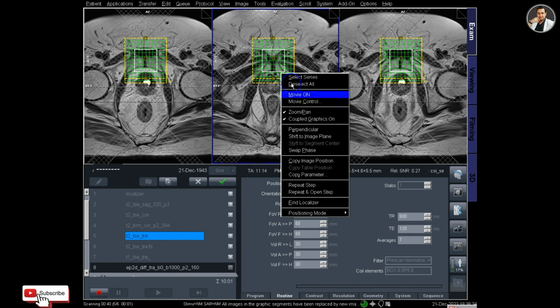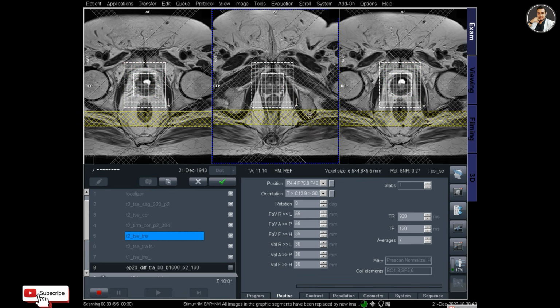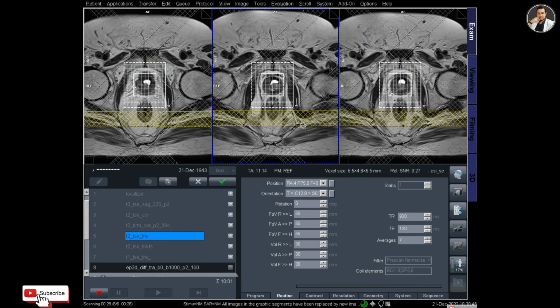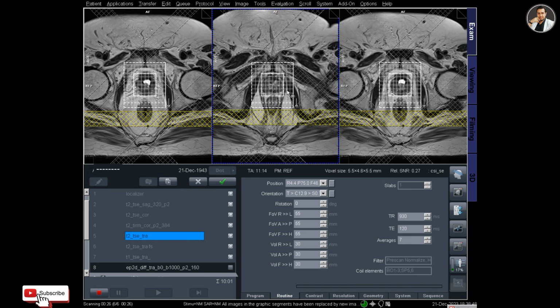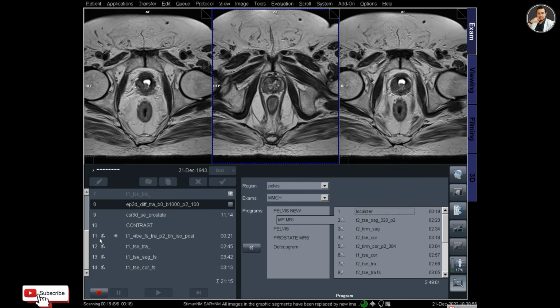So again I will find the perfect slice to be planned, and again drag the slice over the prostate. This is okay, and then click apply. So now the